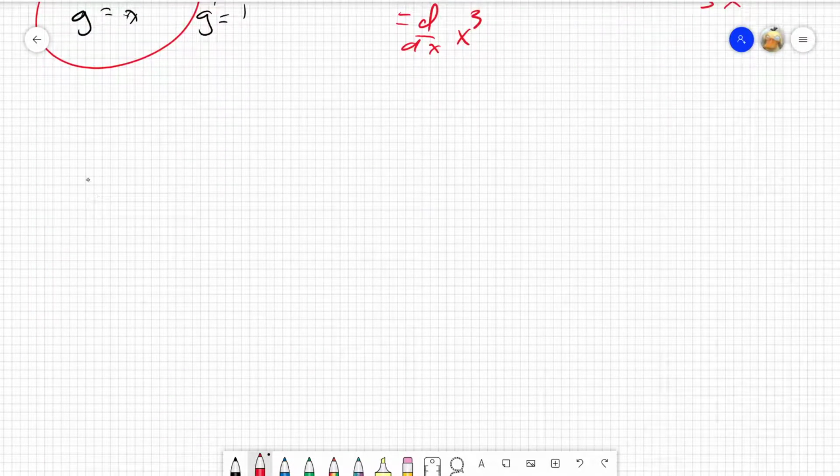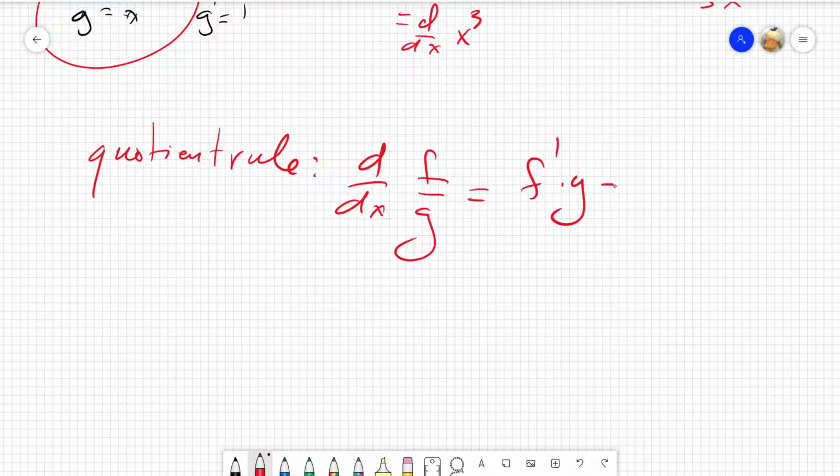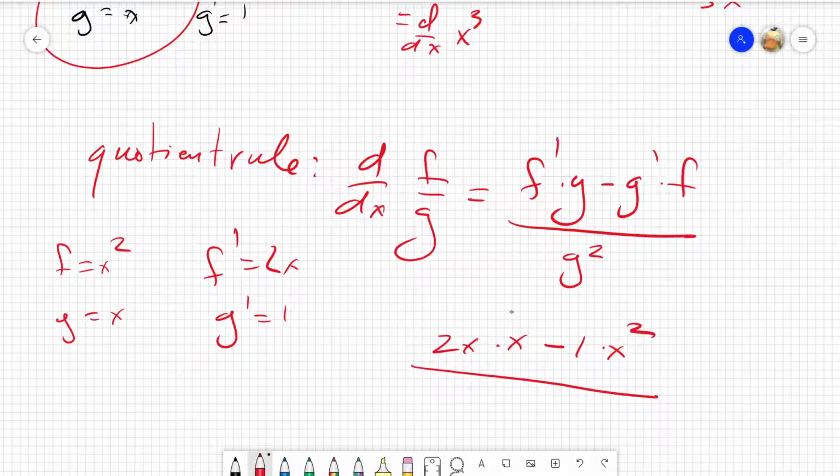Similarly, the quotient rule says that if I want to take the derivative of f over g, I'm going to get f prime times g minus g prime times f all over g squared. So again, I had f was x squared, g was x, f prime is 2x, g prime is 1. So if I fill all this out, I'm going to get 2x times x minus 1 times x squared all over g squared, which is